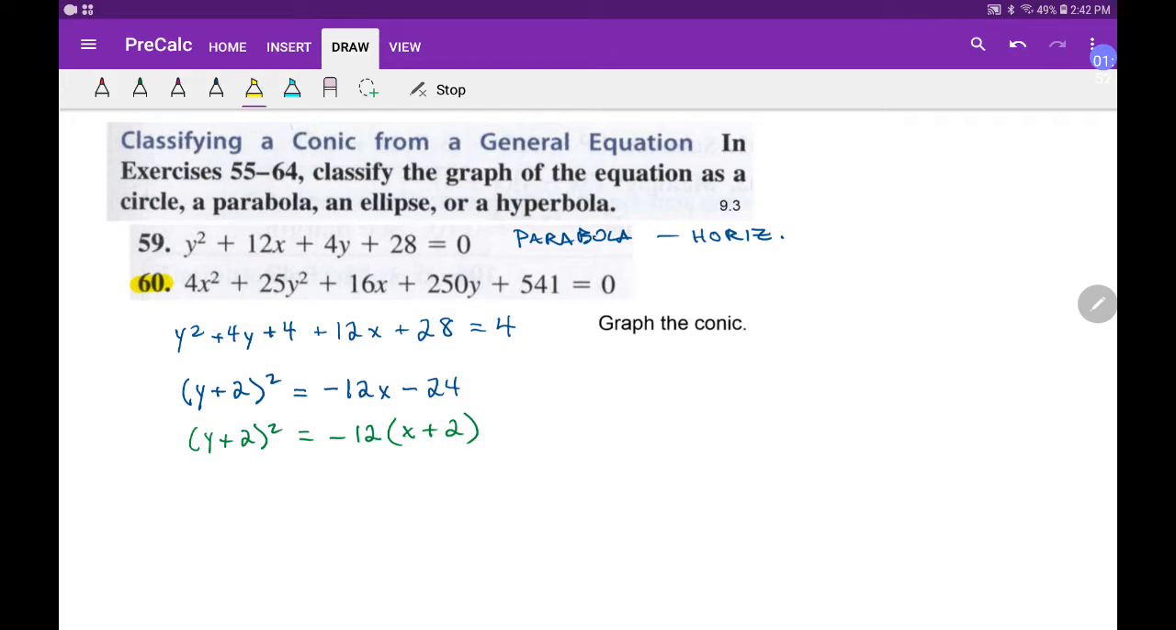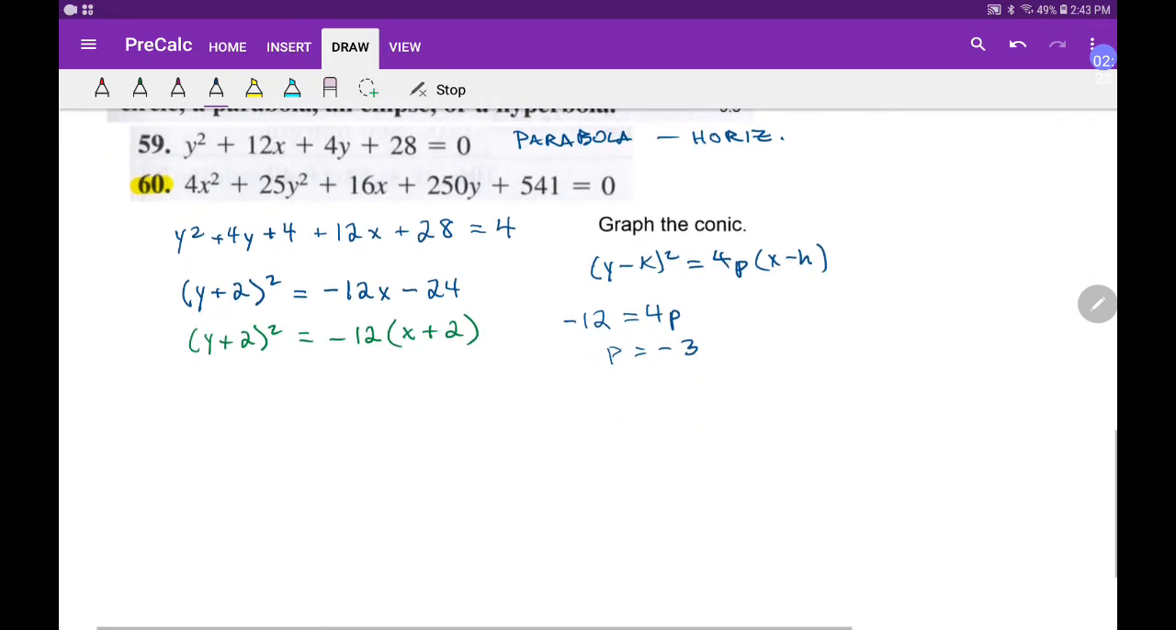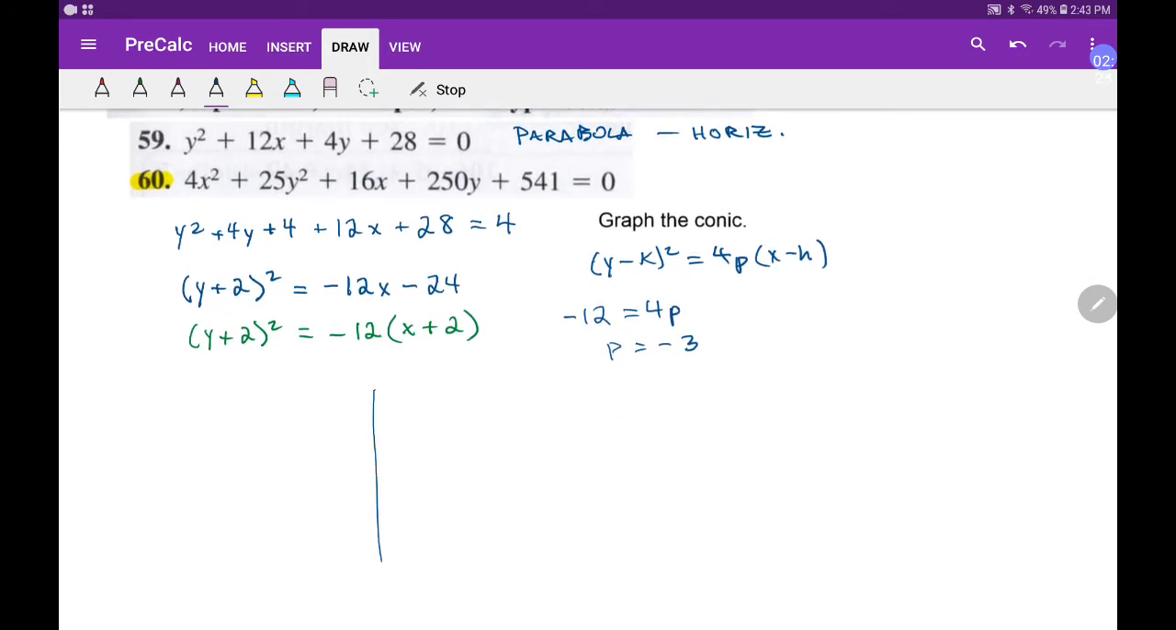And so therefore, since we're looking at this negative 12 there out in front, we remember the horizontal situation is supposed to be k there. Y minus k squared is equal to 4p times x minus h. So that means that negative 12 is equal to 4p, and that means that p must be equal to negative 3. Okay, so let's see, I'm going to go ahead and graph this, because I now know,